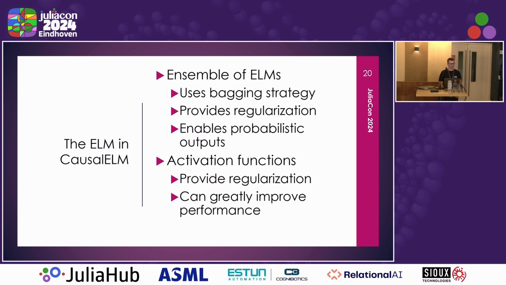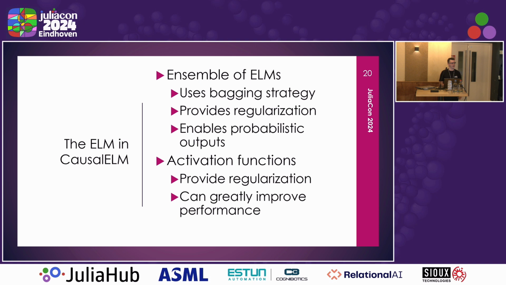And then as far as activation functions, there's 13 different activation functions, and we usually don't think about activation functions providing regularization. You usually think of maybe dropout or L1 or L2, but actually, depending on what activation function you use, it can provide a degree of regularization to your model. More aggressive activation functions, like say the binary step function, are going to give you more regularization than a smoother function, like say swish. And this actually can greatly improve performance of your estimators here.